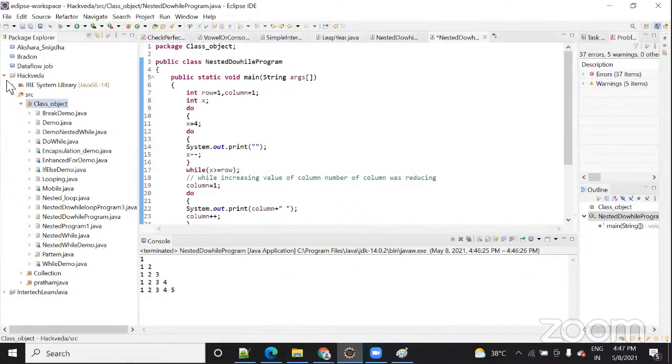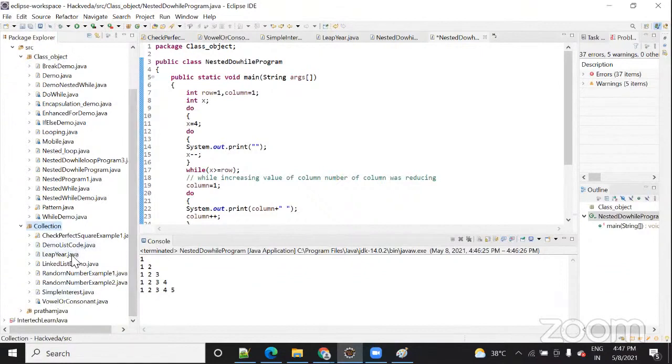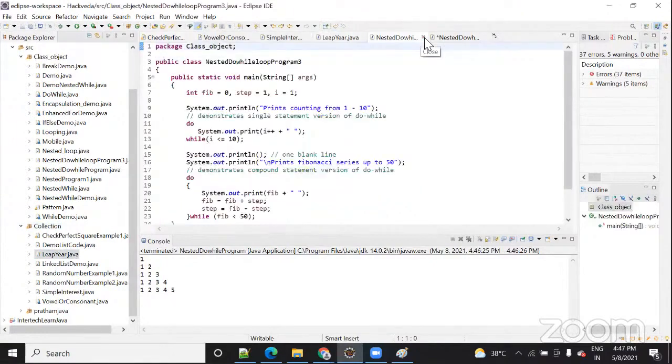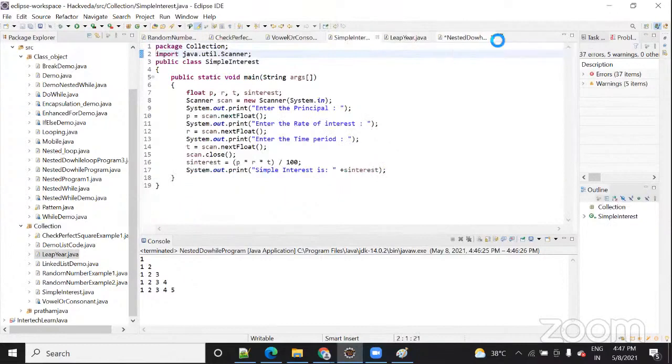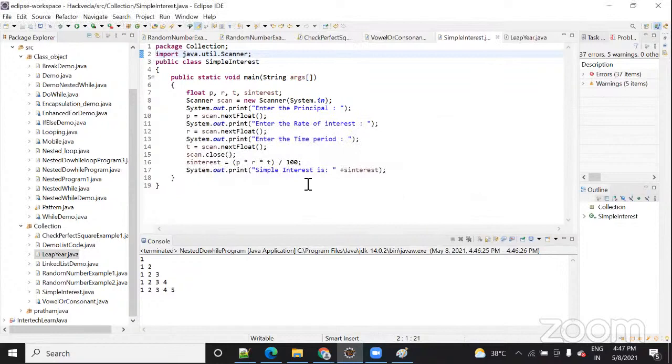Let me show you one. Now here, as you can see, I have written scan dot close, right?